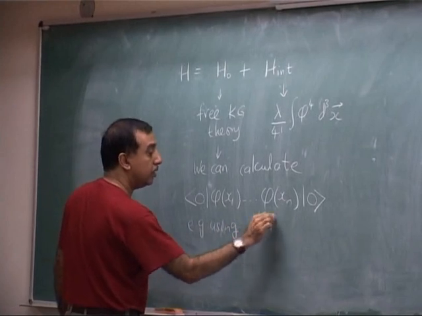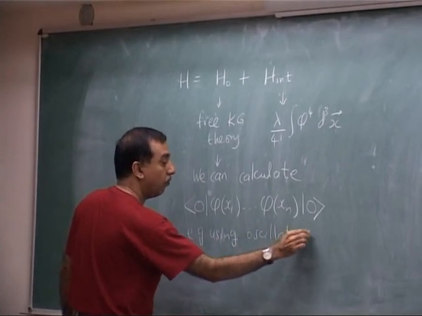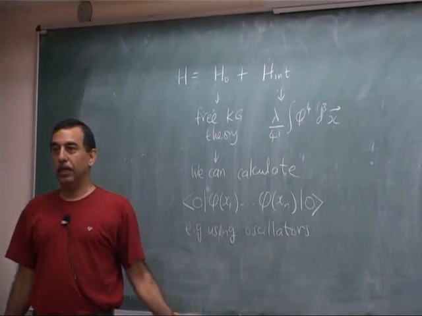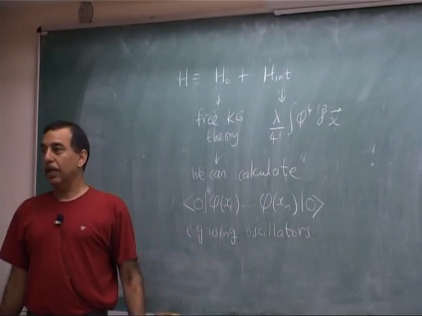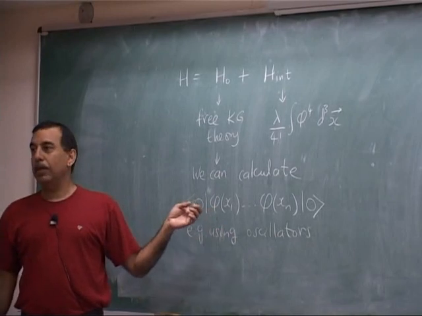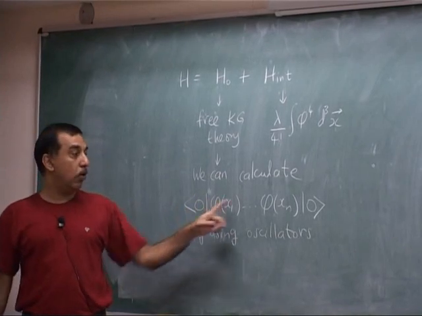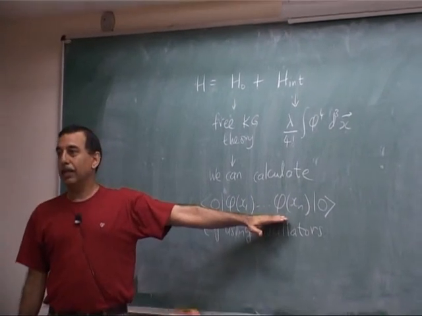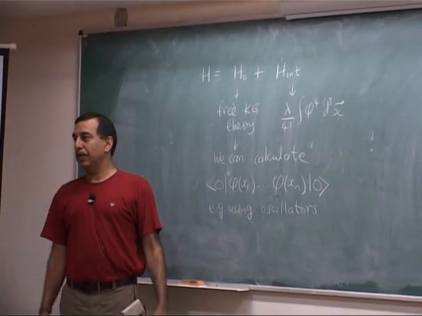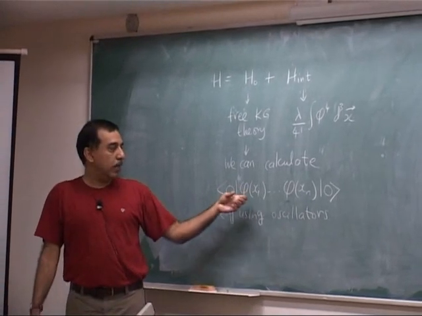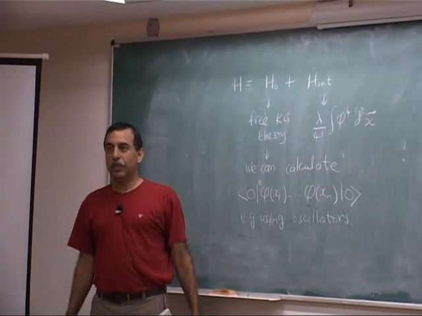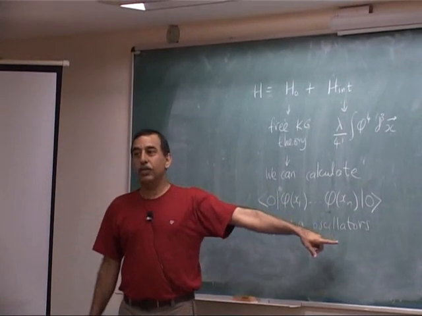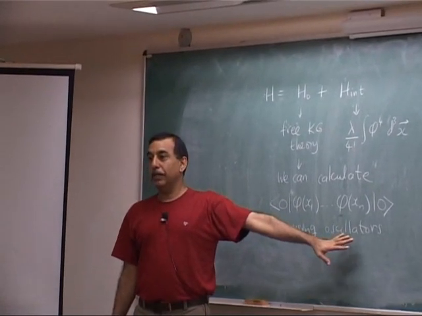We'll see that there are much easier ways of calculating this quantity without using oscillators. In fact, of calculating the quantity of interest to us, which is typically not this, but the time ordered version. But if you know this, then of course you also know the time ordered version, because you can put this into the expression for time ordered function,